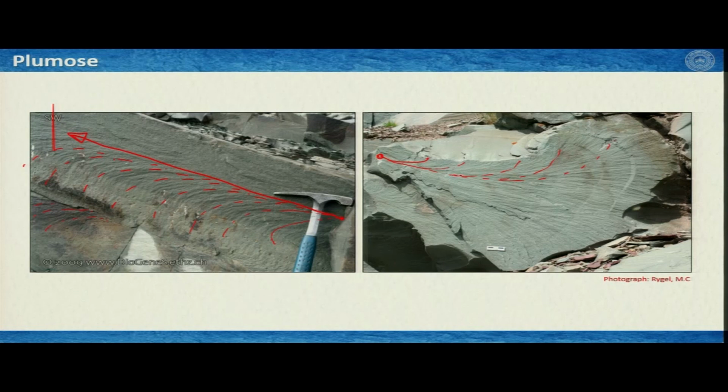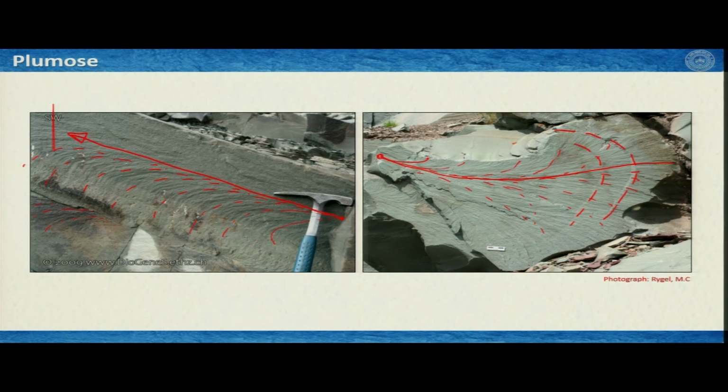It is a feather-like feature, and in this case this plume line is a little bit curved, and these are your rib marks, and these are the steps. As you can see here, they appear something like this. So, this is how, if you see this kind of features in the field,